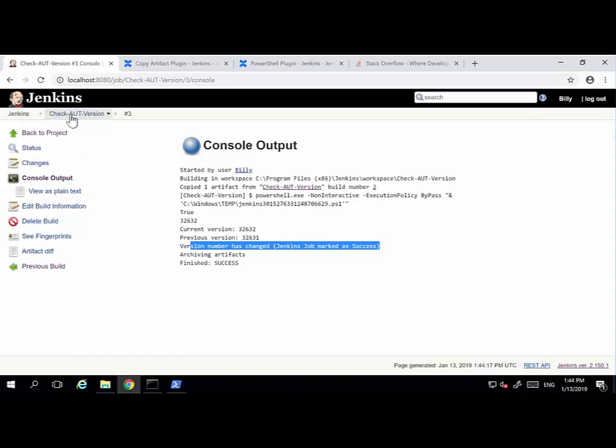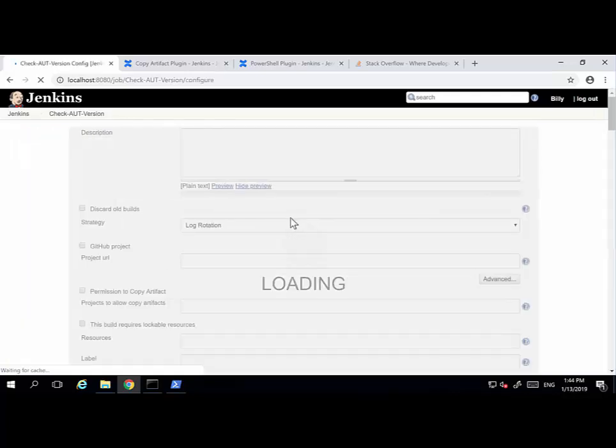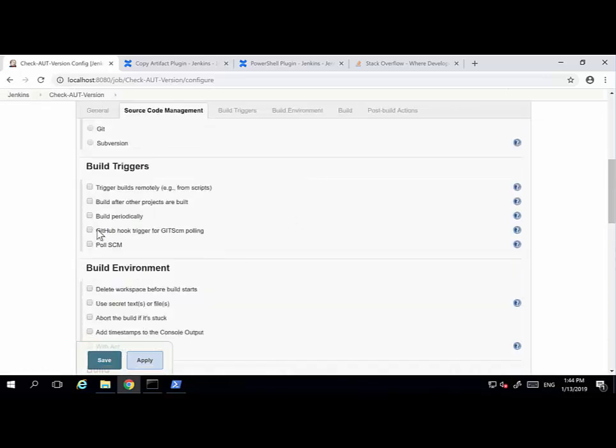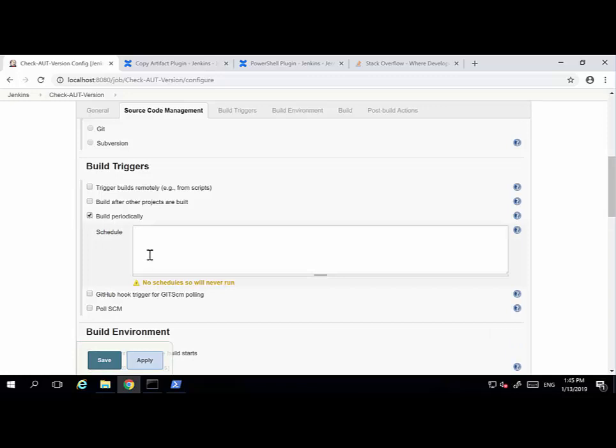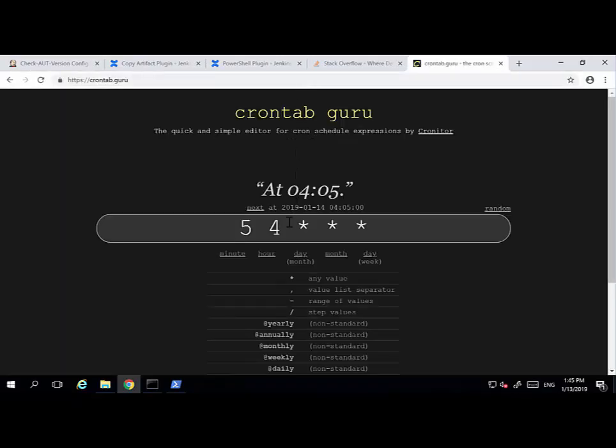Just one final thing to add on this. At the moment this is relying on us clicking the Build Now button to do that comparison, but if we come into the configuration of the job, what we'll do under the Build Triggers section is we'll say Build Periodically, and it will allow us to define a schedule here, and that schedule can be defined in a format known as cron. And if you're not familiar with cron, there's a great little website called crontab.guru, and in here you could set up your examples of schedules to work out exactly what this cron format should be. So for example